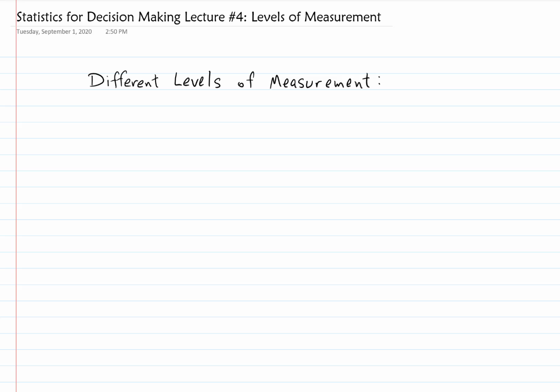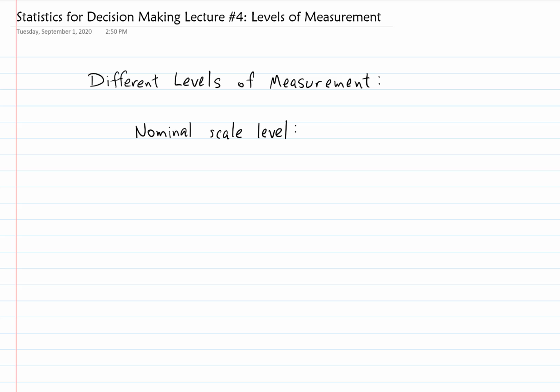So the first kind is called a nominal scale level. These are the kind of measurements you do when you have categorical data, or what's the word we're going to use in place of categorical? Qualitative data. Where there's no ranking of one thing being better than another.